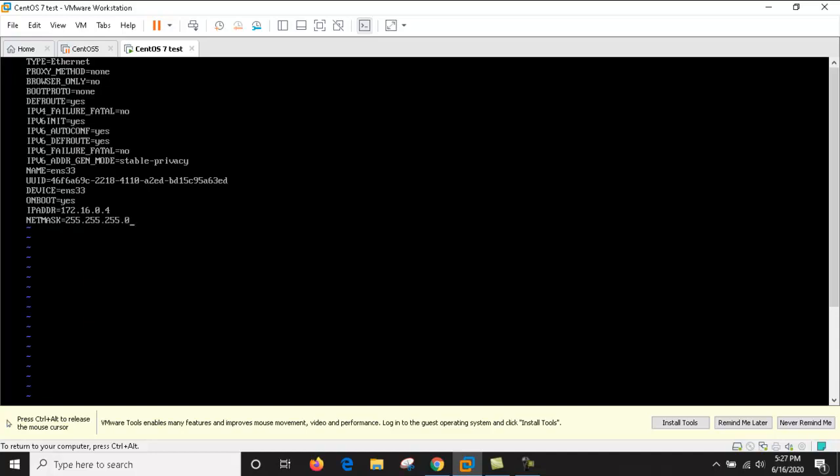It is slash 24 in CIDR. And you can give a gateway here. So GATEWAY is equal to 172.16.0.1, suppose in my case. Okay, so let me save this configuration file.